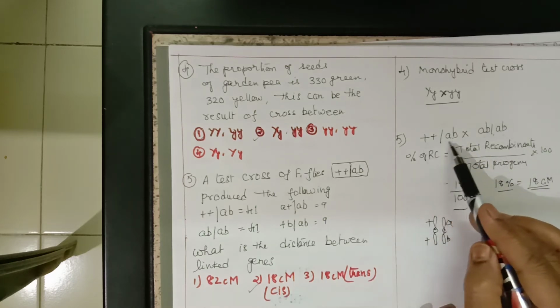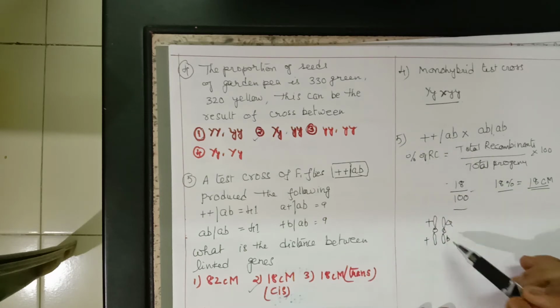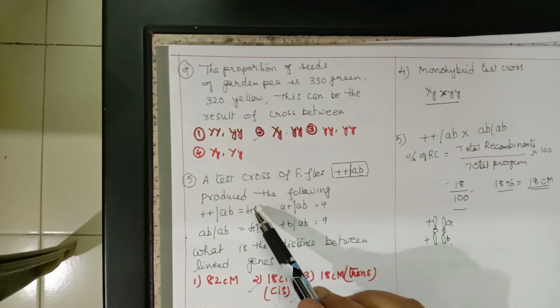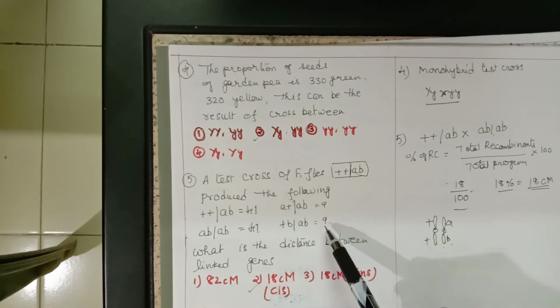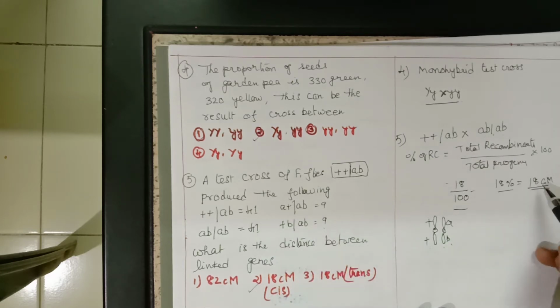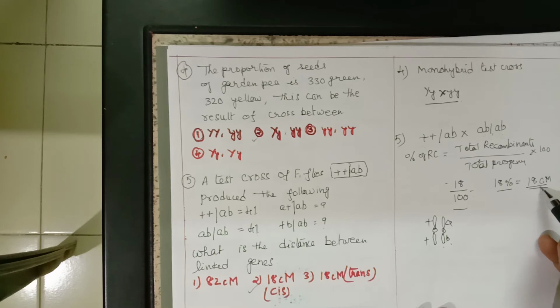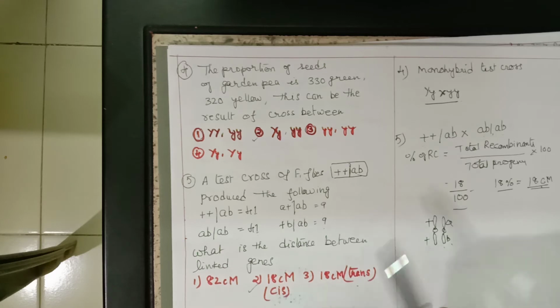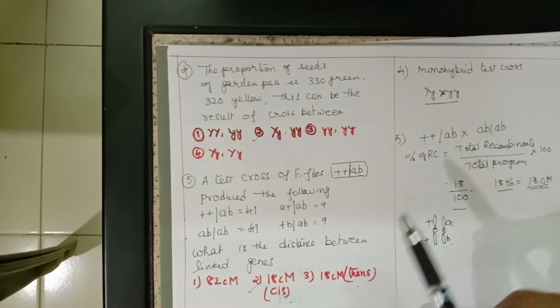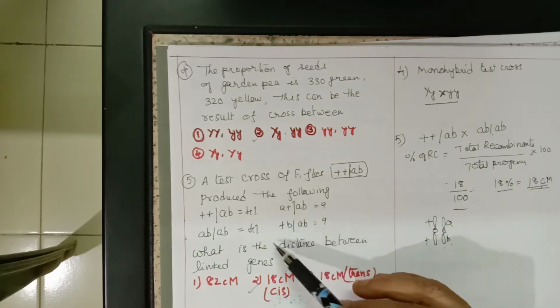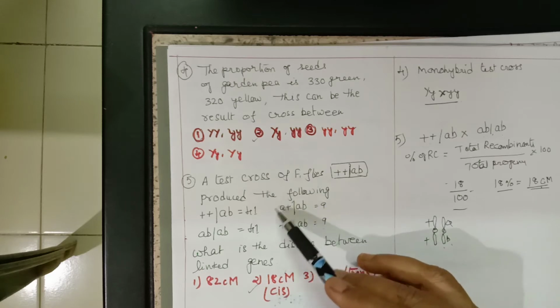That's what we find here with this parent. So in cis type, these are the parental combinations. So we are getting more parental combinations, very few recombinants. So 18 centimorgans is the percentage of recombination. That means that will be the distance between A and B. So this is how we can give the cis arrangement and trans arrangement based on the arrangement here.